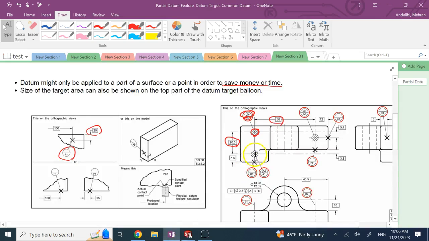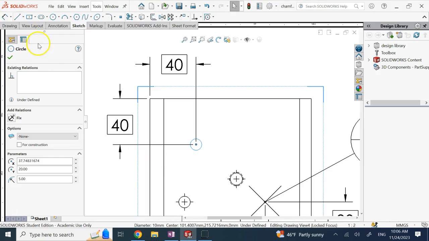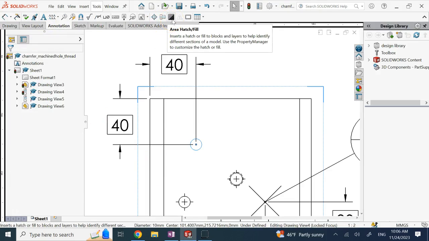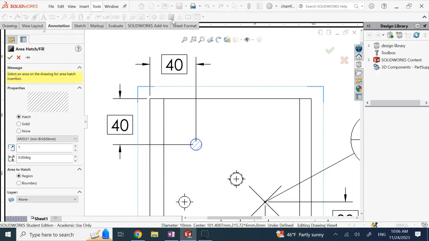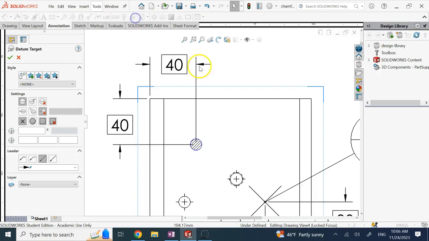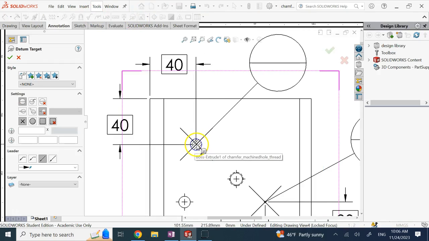Just like these. Is there a way to hatch it like that? And so here, if we go under annotation and we use this area hatch or fill command, you see here I can have it hatched with an angle and the space, right? So here, something like this. So it's hatched now, and now we go to a datum target and put it right at the center of